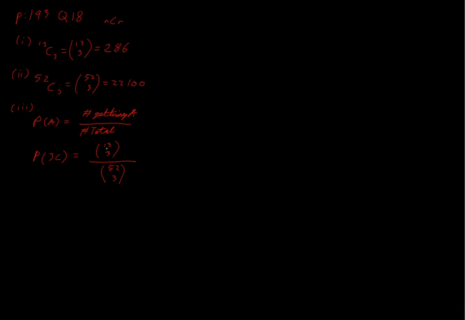And again, this is going to get linked back in at the end of probability, and you're going to have the language for it a little bit more nailed down. But this idea is crucial. So when we put that in with the numbers we already know, the probability of getting 3 clubs will be equal to 286 all over 22100. And I think that simplifies it. Yeah, 11 out of